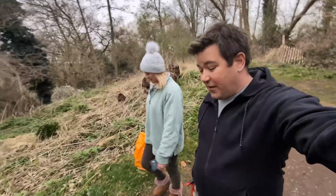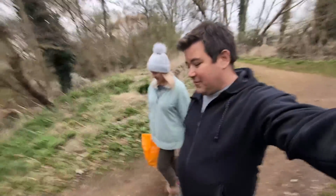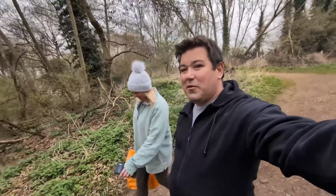Such a successful day. We moved the boat. Woohoo! We've been to Sainsbury's and got some food, some lunch and some dinner. We're going through a little walk through the...